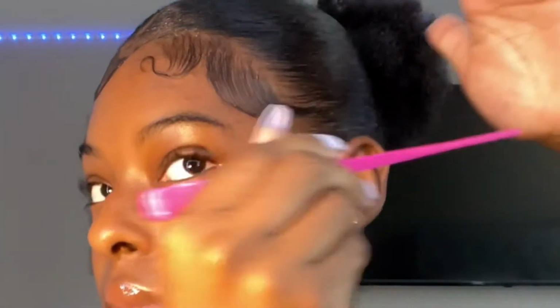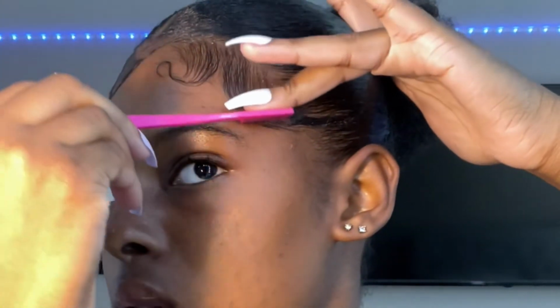There we go. Now I'm gonna do this side, these last two. And I'm going to show you how I do my swirls as well, because those ones are kind of tricky. Okay, now we're going to get into the swirl. You're going to do the exact same thing, go as it was. Sometimes, yeah, I see you got messed up, but you're just going to put it straight like that. Then you're going to basically do the same thing as how you tried to mold it,